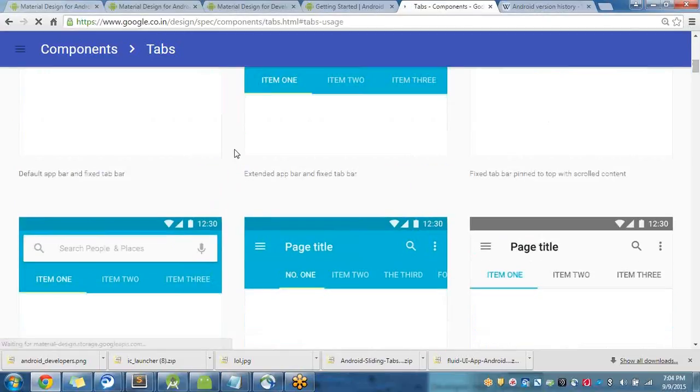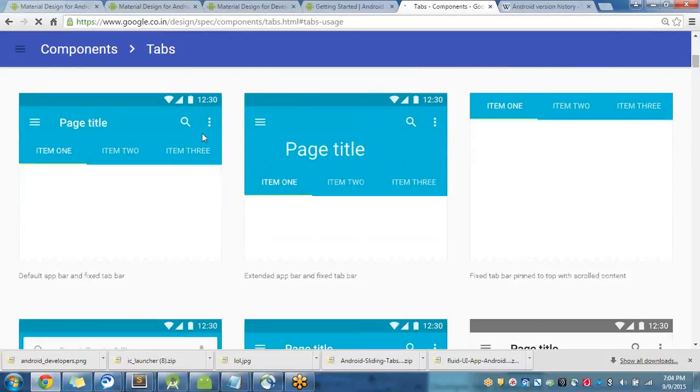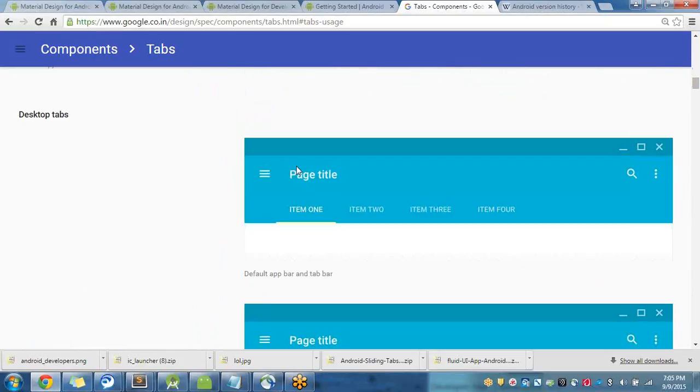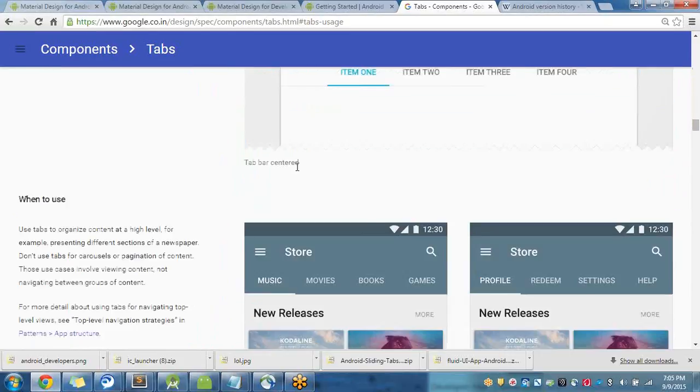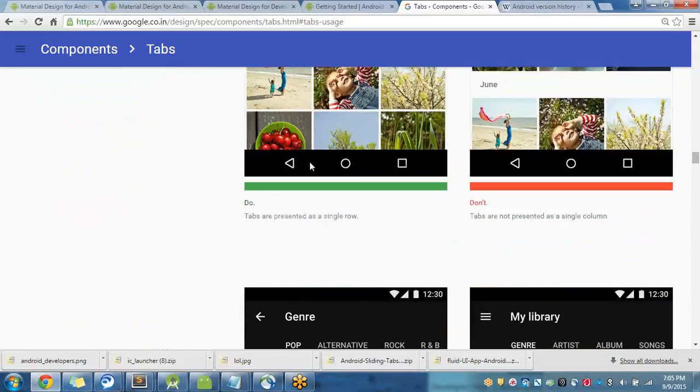The tab layout was also there earlier, but now the look and feel of this tab layout has changed. This is a toolbar; now you can expand the toolbar to maximum height here. This is the navigation drawer. On click of that, you will see a left nav open.